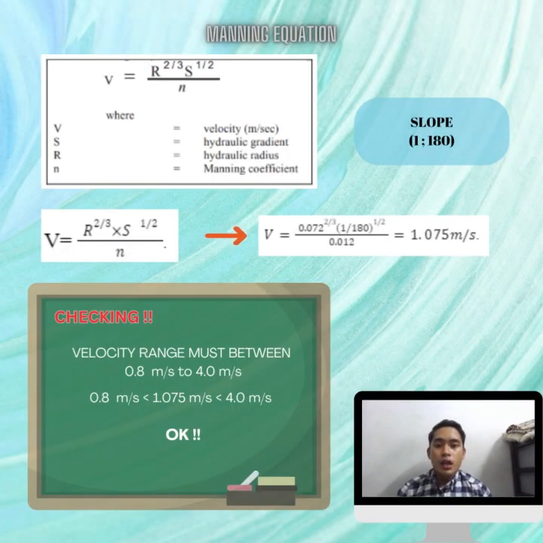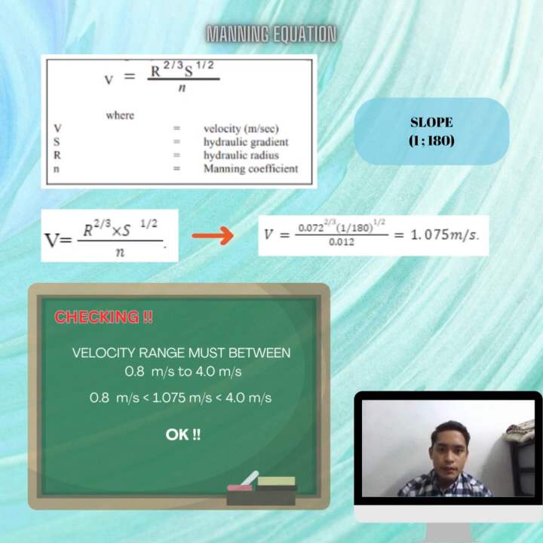To find the velocity of the pipe flow, we use the Manning equation. So from the table, that is the equation of Manning. For this project, we assume MH to MH2 have a slope of 1 over 180. So we insert the value of R, slope, and n, which is the Manning coefficient, into the equation, and we will get